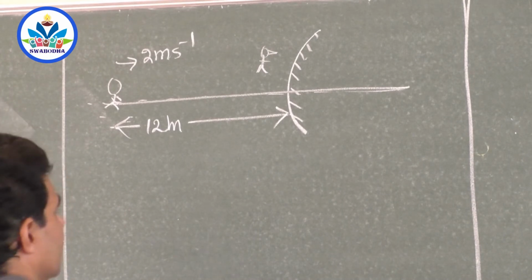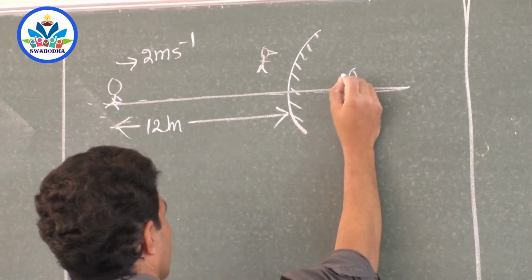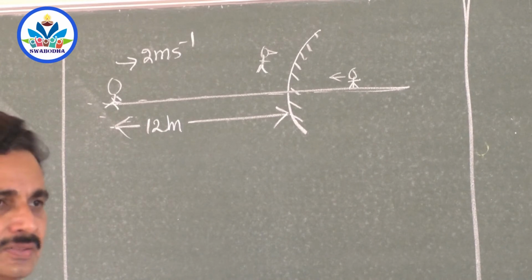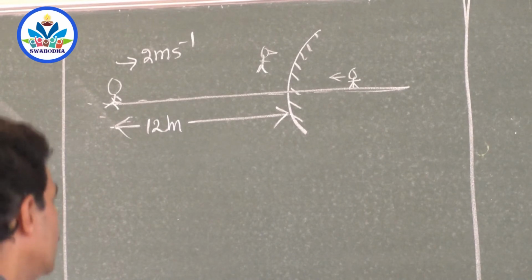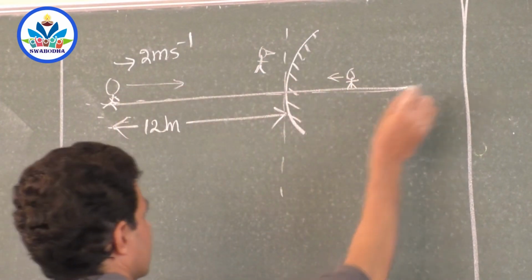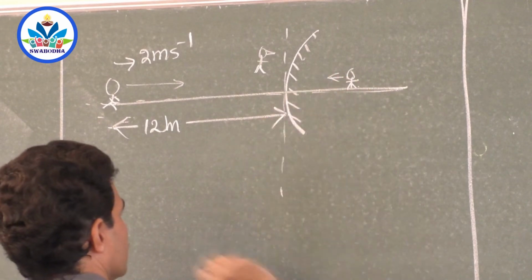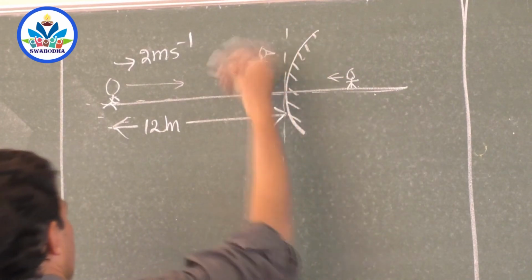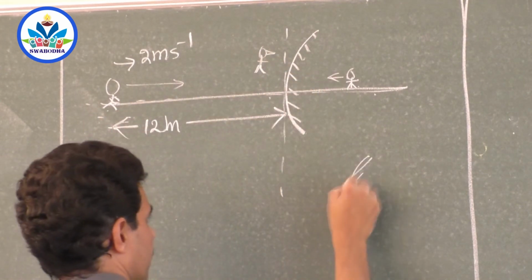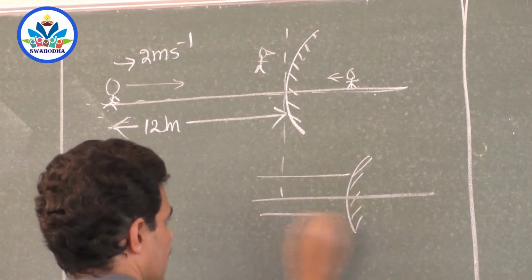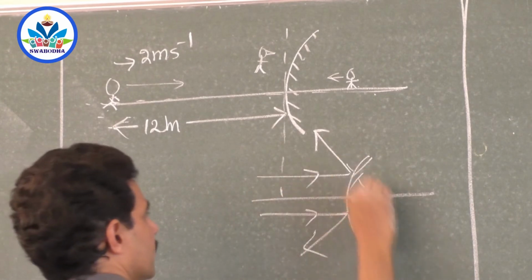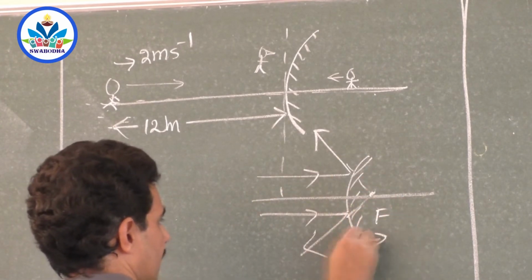What is the speed of the image inside the mirror which is running towards you like this? The image will run towards you, and in a convex mirror the image is very small and virtually erect. If you divide the whole coordinate system like this, the object emits the rays and they come along the positive x-axis, so image distance should be positive because it is this side. Height is not needed here. Object distance is negative. What about the focal length? If parallel rays are incident on a convex mirror, they diverge in such a way that they appear to come from the focus. So focus is here, F is positive.